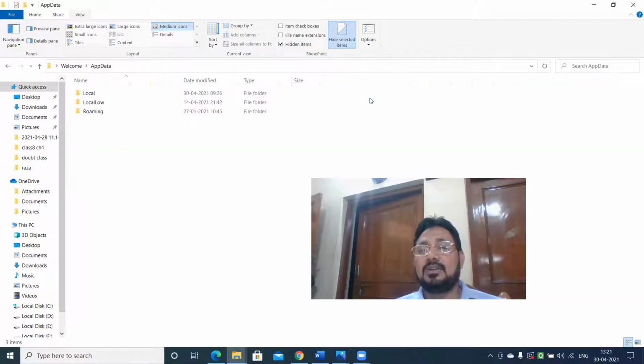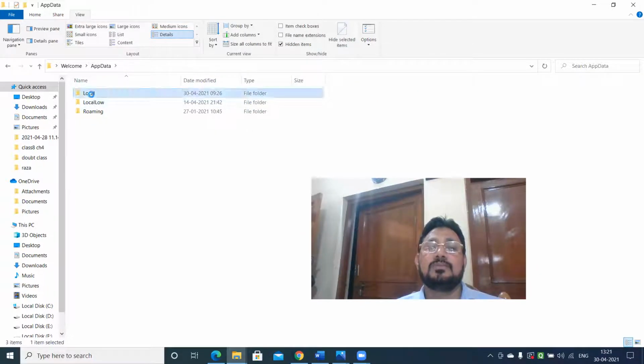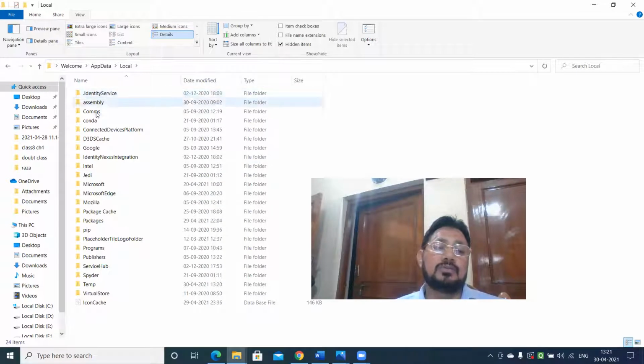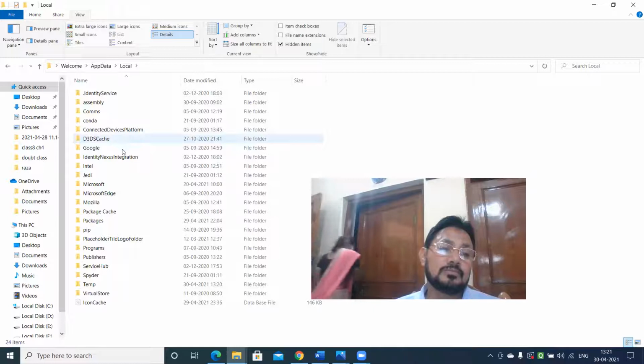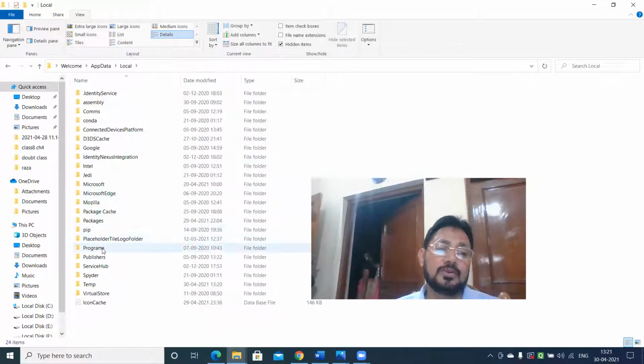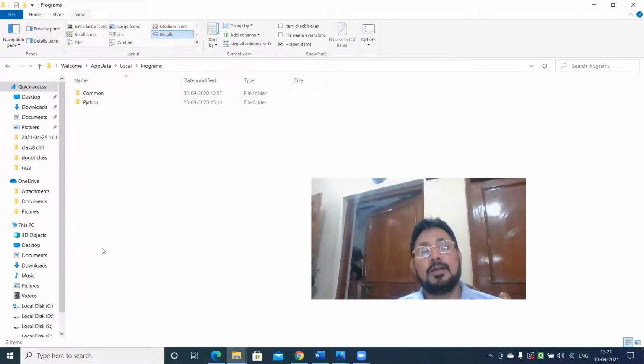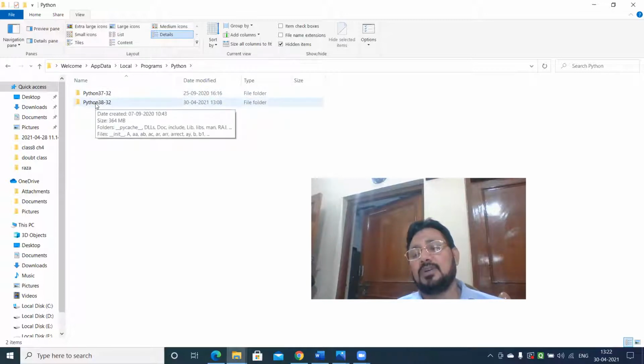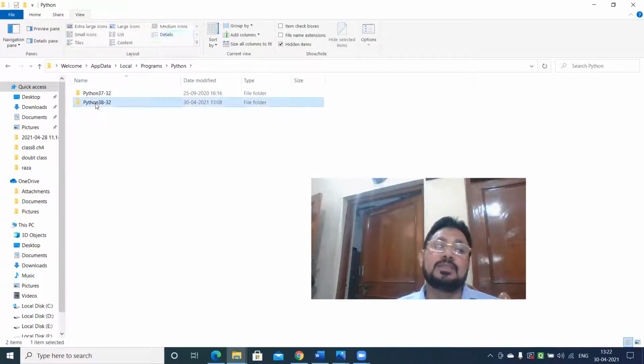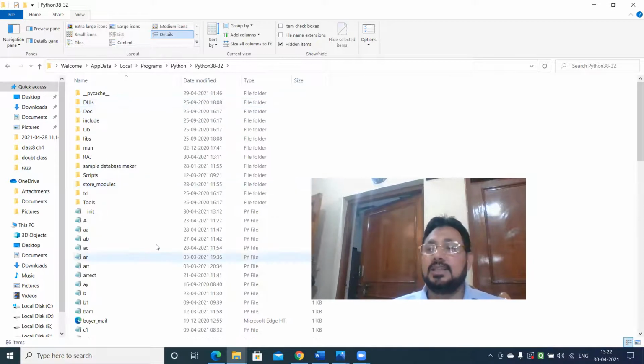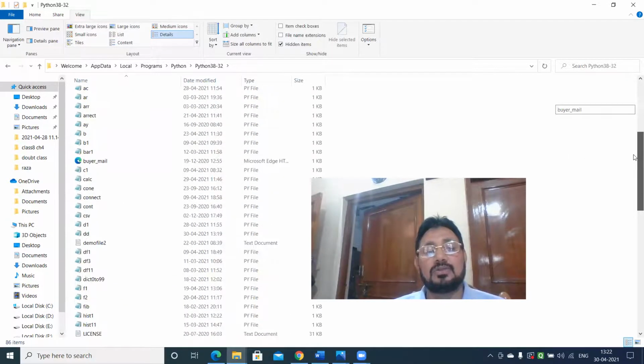In app data, you click it, then you go to the local, then to programs, and in programs you will get Python, and in Python the different versions which you have stored. I'm working with 3.8. If you are working with 3.9, you open that, and then it will show all the files stored here.